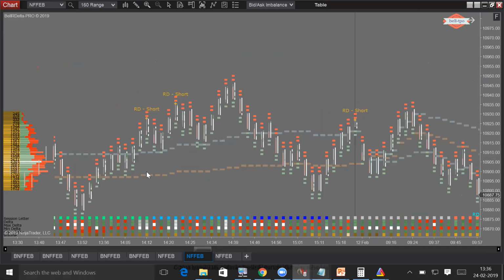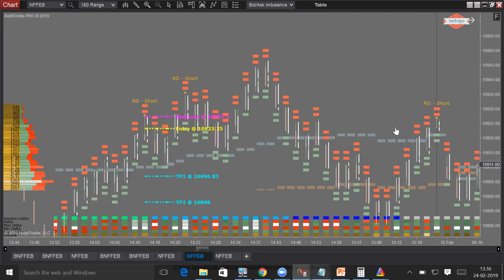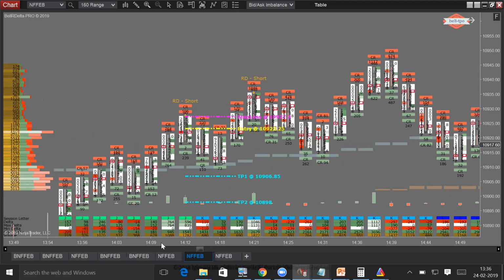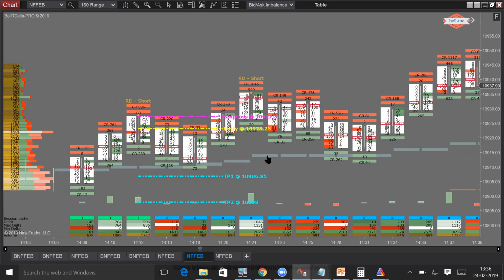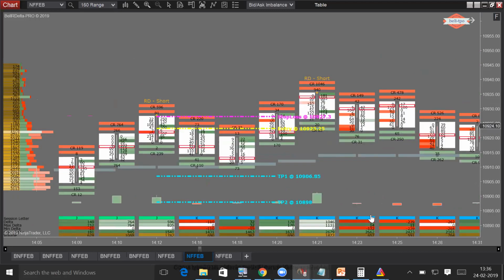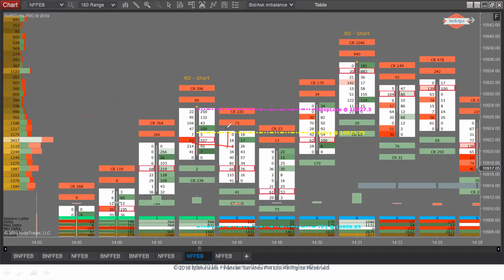Think about this place. There are two places where it got a failure, right? So let's talk about this. Think about this case. There was an R delta short formed, and then the close of the candle is where the entry point comes. So the close of the candle is over here, and wait for a 2 points pullback, wait for the trade